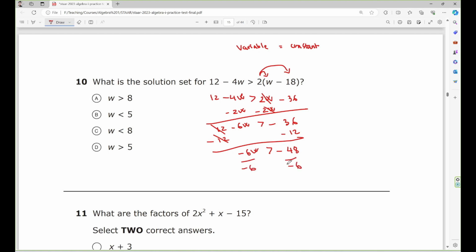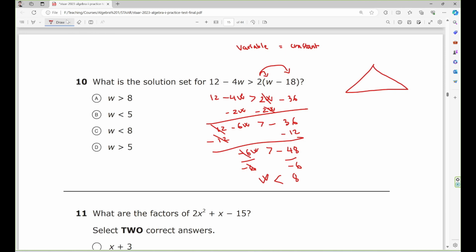When you multiply or divide an inequality by a negative number, you must flip the inequality symbol. So this greater than becomes less than. This and this cancel out. W less than negative 48 divided by negative 6. It should be 8. Now, use the triangle